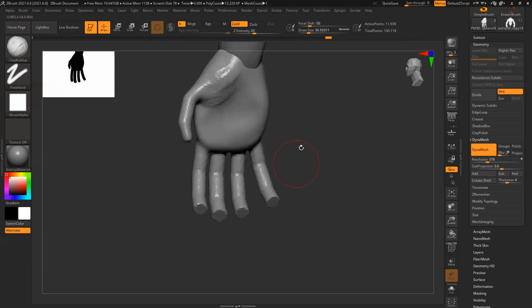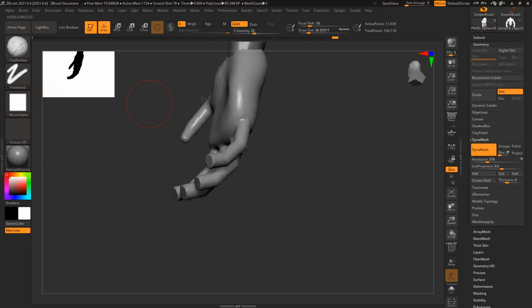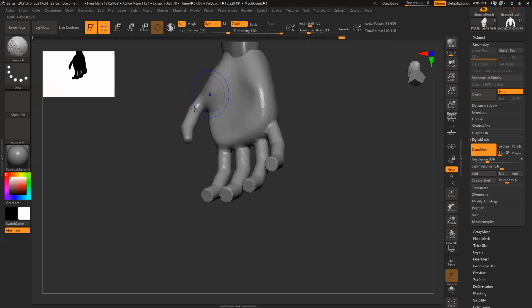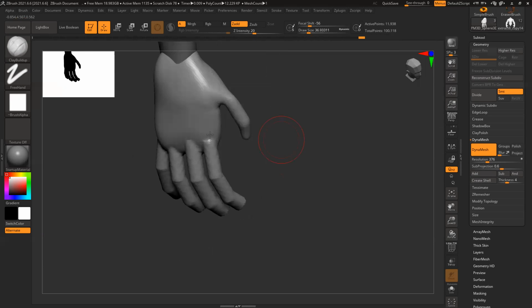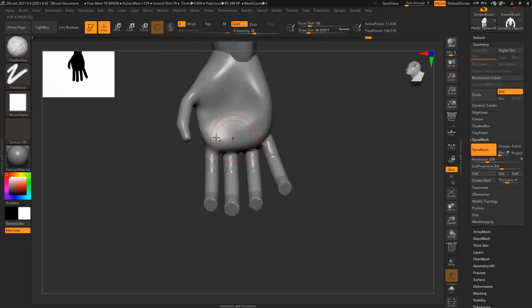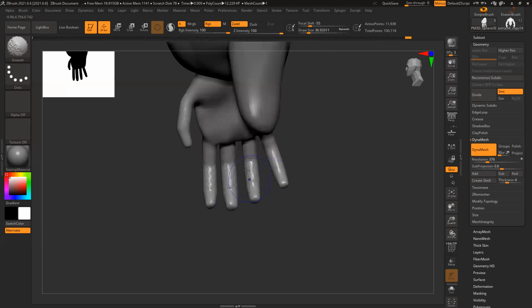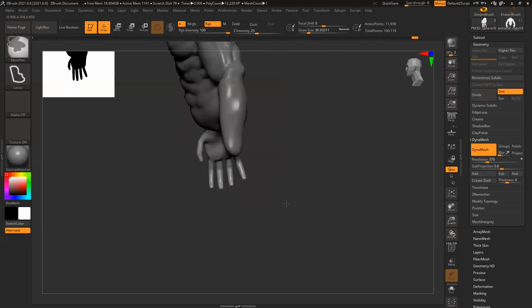The tip of the finger, make it slightly thin. Smooth it. Make it a little thinner.